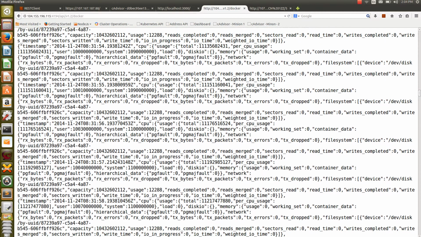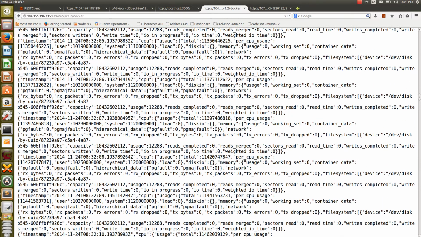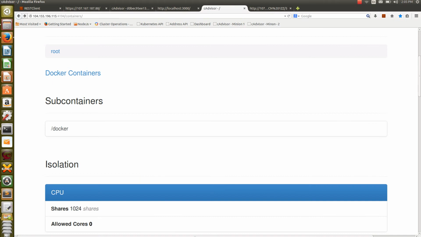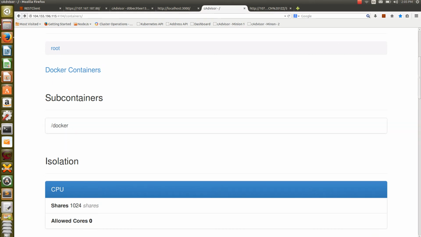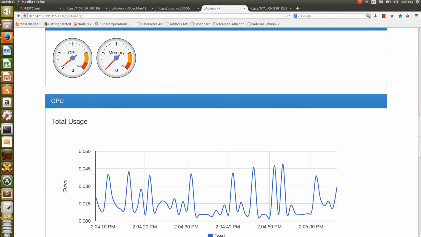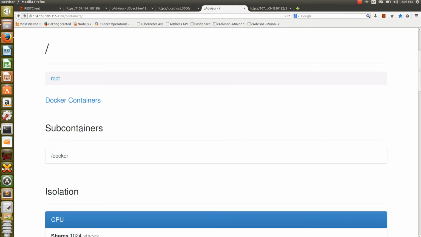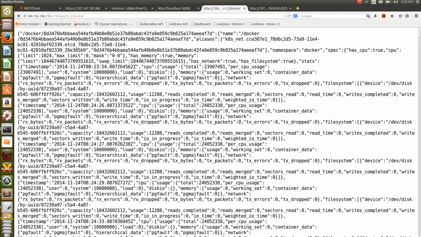So every second you can pull this API and get all the results that you want to monitor. This way you can build your own UI, or continuously watch the entire containers. Suppose you want to watch at each container level, you can put a slash and that container ID. But it's not our job. We don't require putting the container like this.